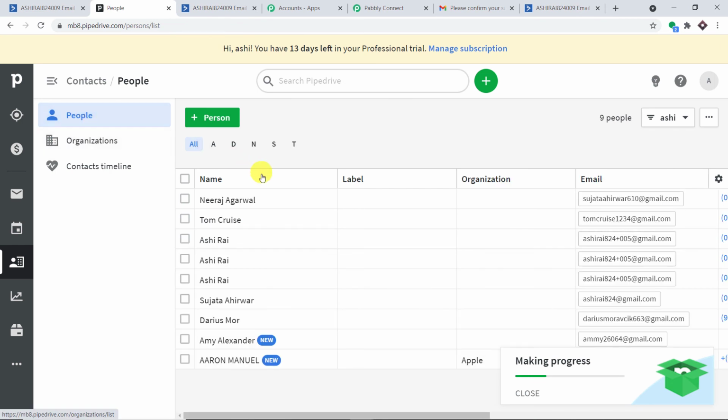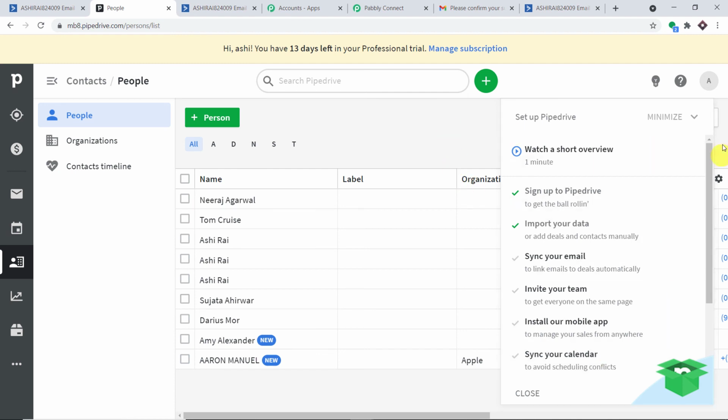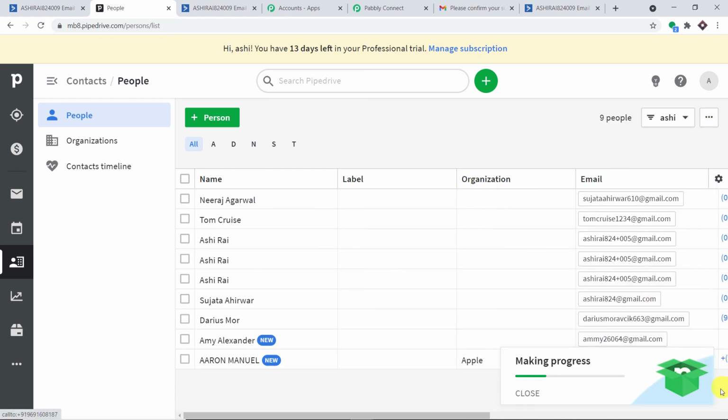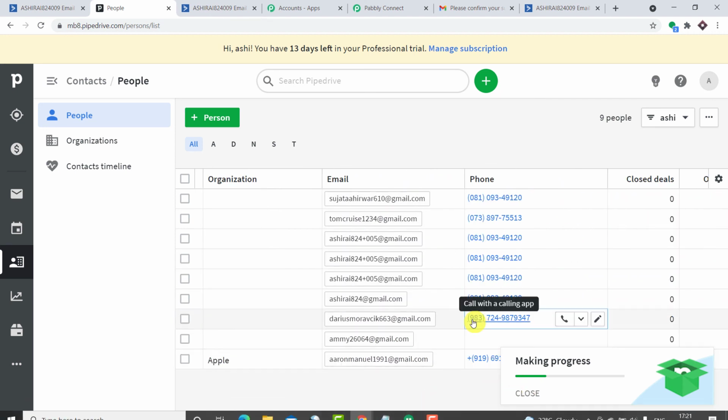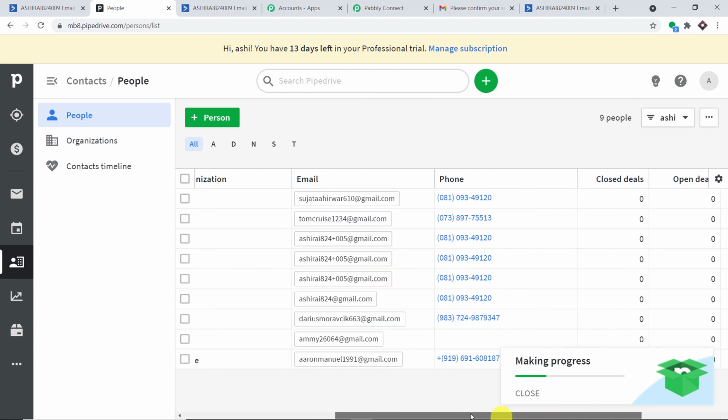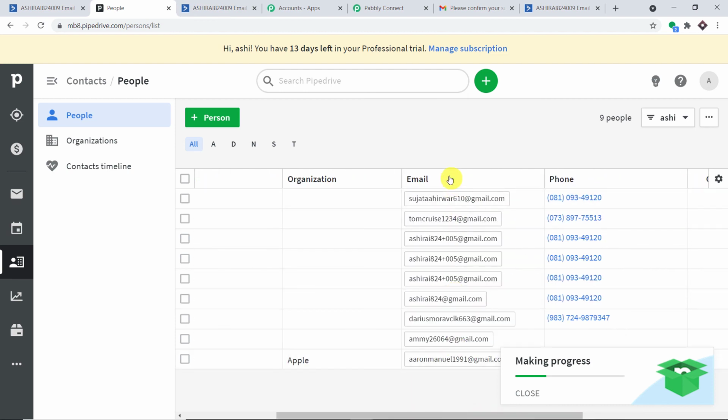Okay, so next, let me just have a look in Pipedrive. Do we have a person called Aaron? Yes, this is a newly created person and this is the organization, and basically we will have the email somewhere here, but unfortunately it is not showing that. Let me just remove that. Okay, so just imagine it's present here. Let me just toggle this. Yes, we have the rest of the details here. Okay, excellent. So the presence of this particular person in Pipedrive shows that we have a successful integration between ActiveCampaign